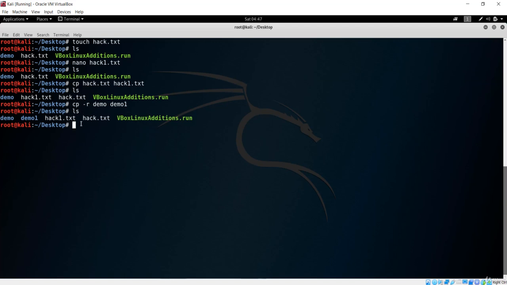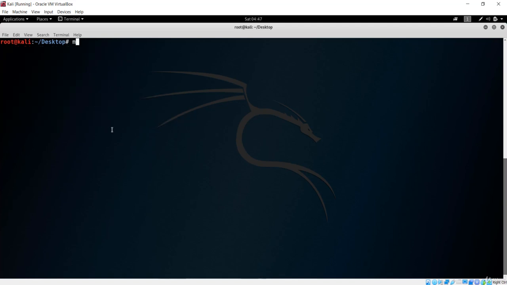So the next one is to move files. You can do that using mv, which is the move command, and you give the file name. Okay, let me clear this first, and now I'll say mv, which is for move, and the file name.